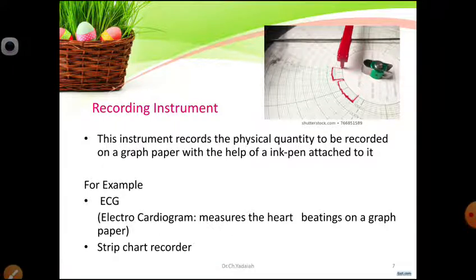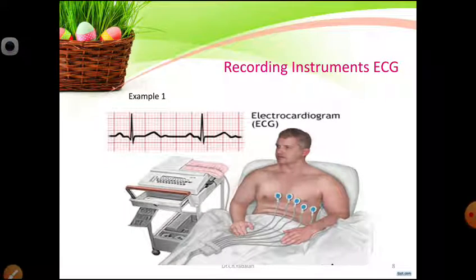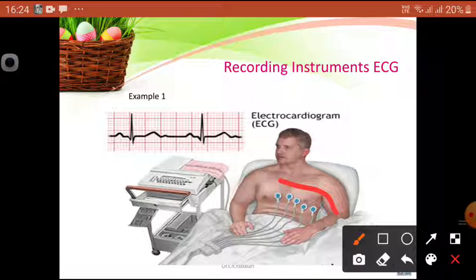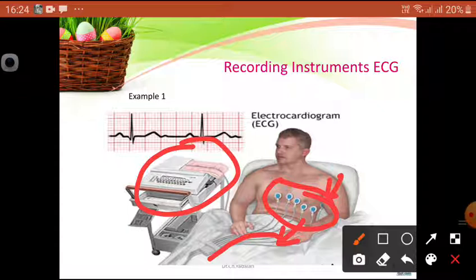You can see here a recording instrument, for example electrocardiogram. Here some probes are placed. The mechanical energy generated by inhale and exhale is converted by some transducers into an electrical signal. That electrical signal is given to the electronic machine, which indicates it on a graph paper. How the pulse, you can see the continuous changing of its magnitude. Here the magnitude is the maximum, here it is zero. So it continues from this period to this period.